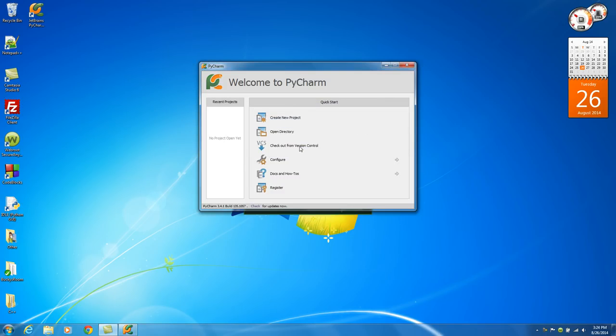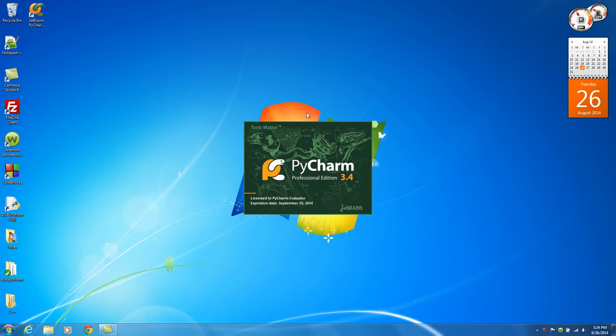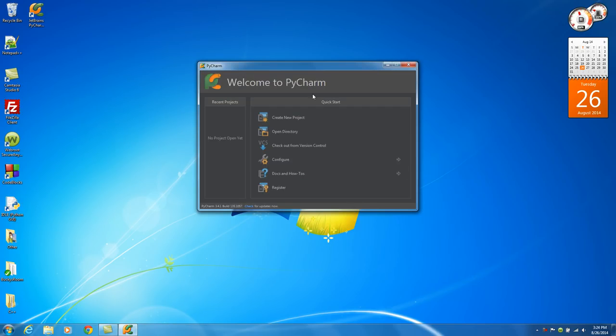Alright, so it just pretty much says whenever you pick a new theme, you have to restart it, and that's what's happening right now. So now, once you got your theme, you see everything's cool and dark now. Pretty sweet. Alright, so in order to start using this IDE, of course you need to create a new project,